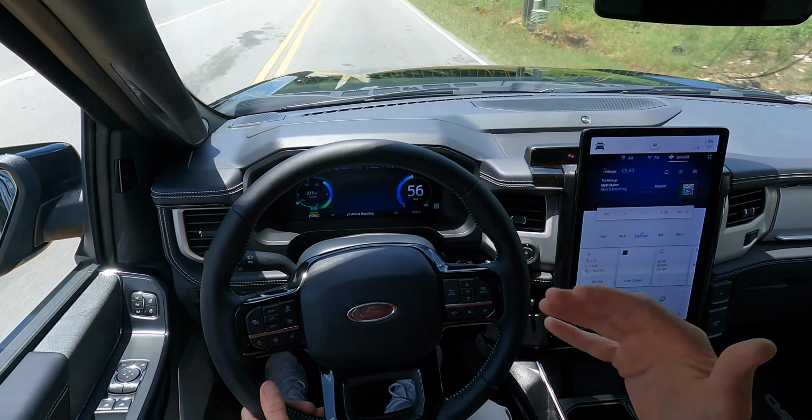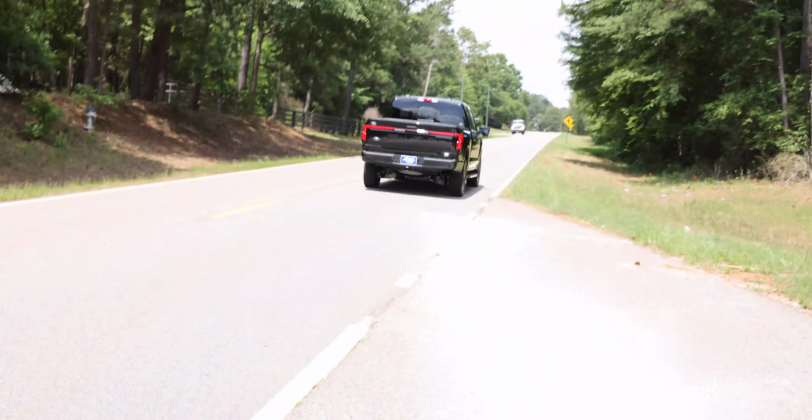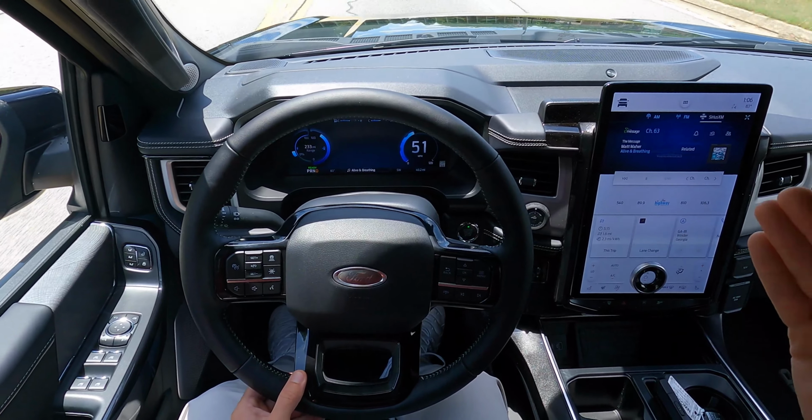So we're cruising at 56 miles an hour, and I just gave it a little half throttle acceleration, and very responsive. And this full extended range at the full fruition of all the horsepower and torque numbers, it's all there,